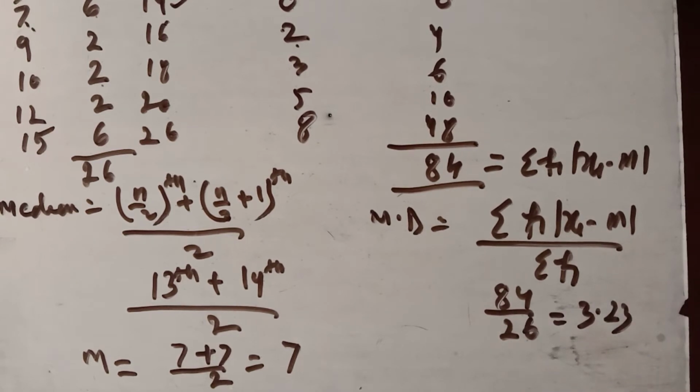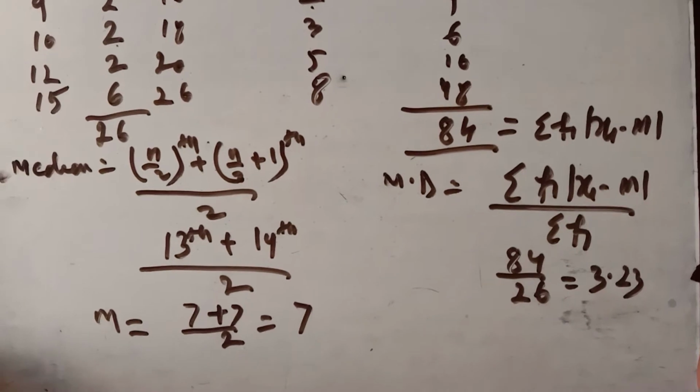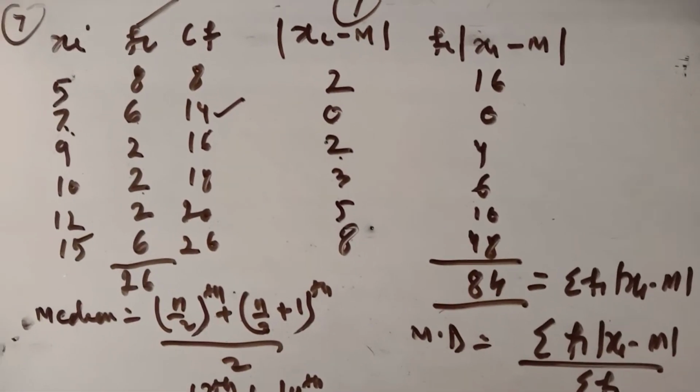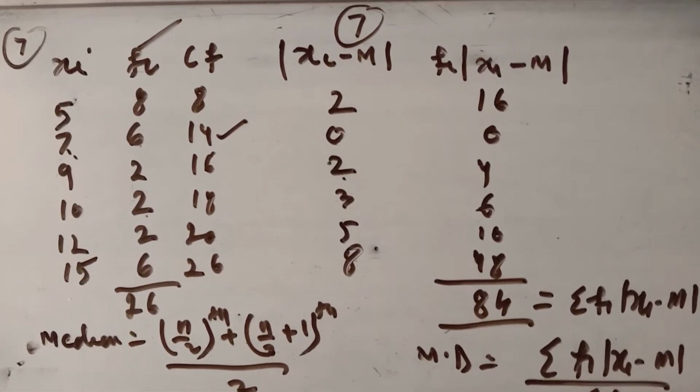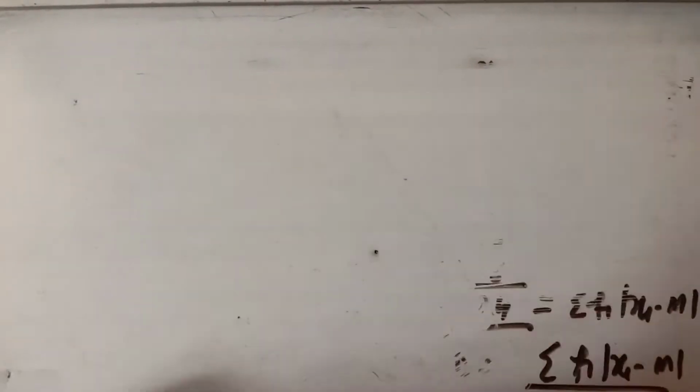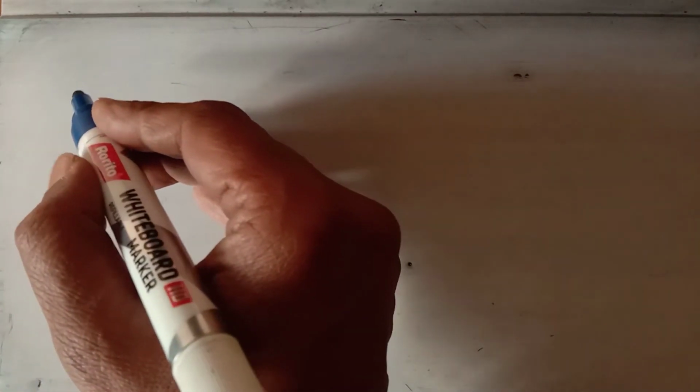So this is how you have to find the mean deviation about the median, which is question number 7 and 8. So you do question number 8, which is just like question number 7. Now in question number 8 you have to find the mean deviation about the median for the group data in which the class interval is given. So you can find the mean here by the shortcut method.